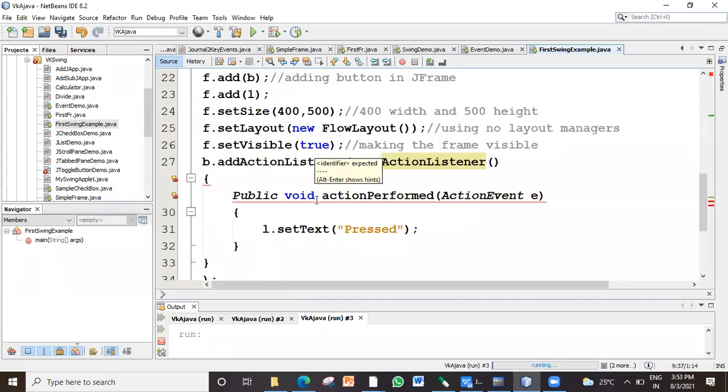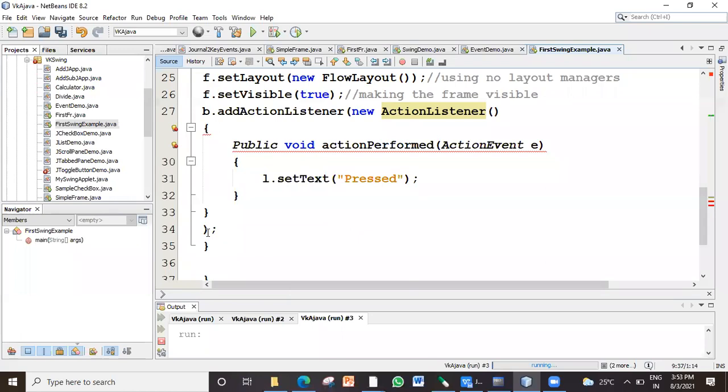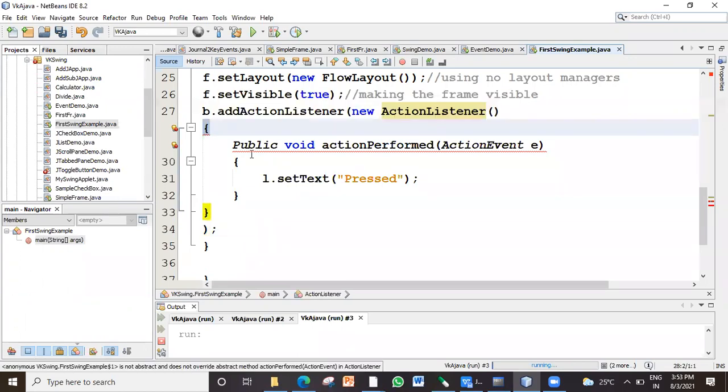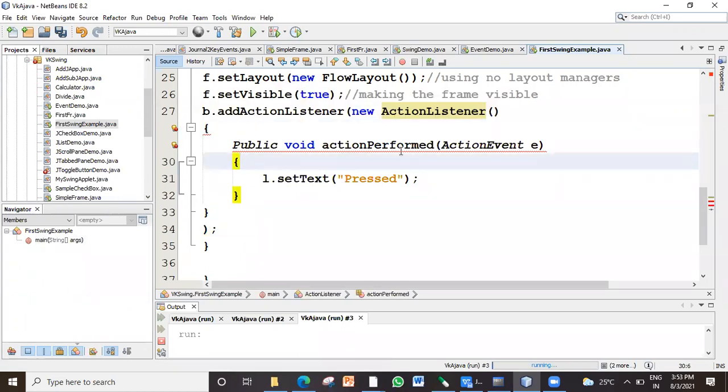Still it is showing some error. Identifier expected, it shows, maybe because the flower bracket of the anonymous inner class begins here, then action performed begins here. We have closed this, then this gets closed.